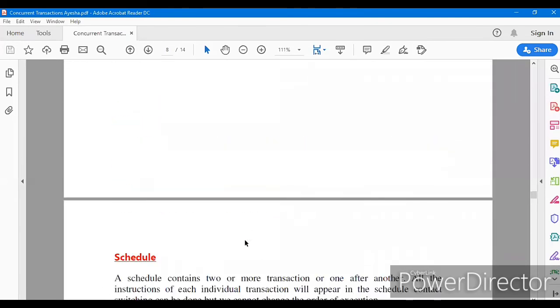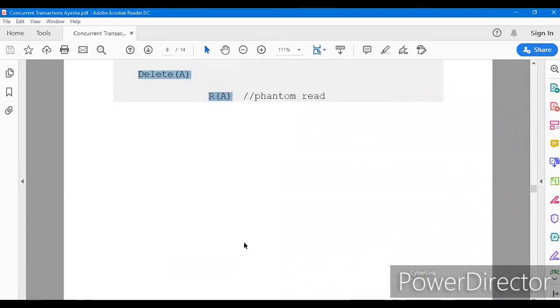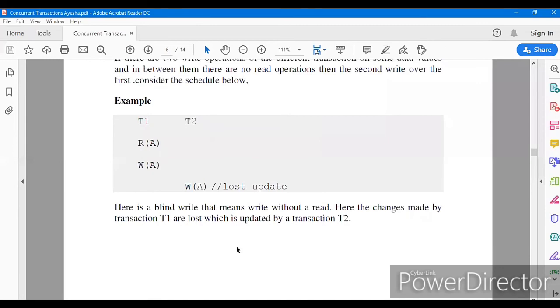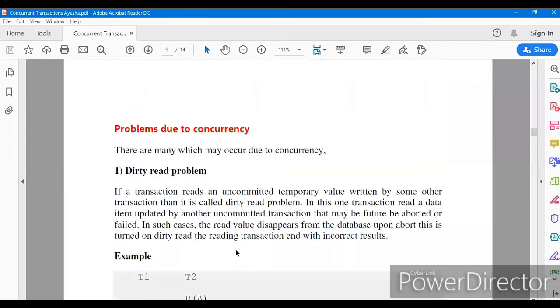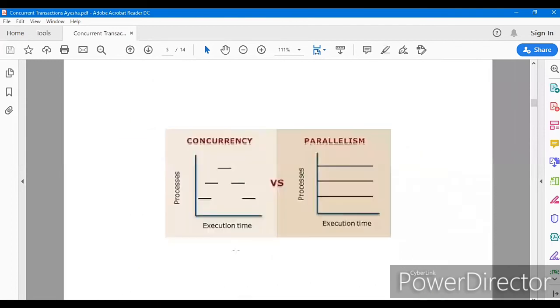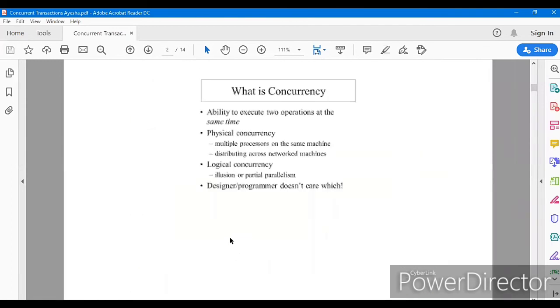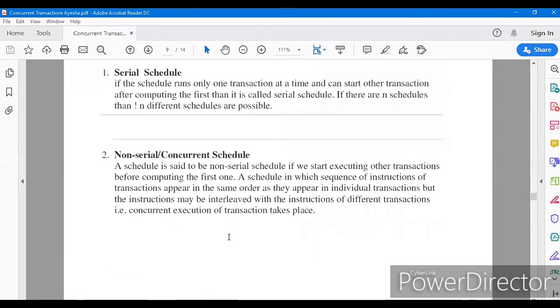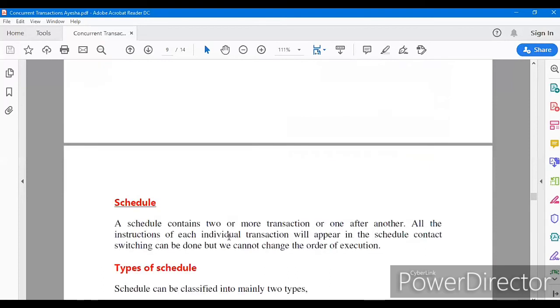Now, if there is only one transaction, then these ACID properties would not create any issue. But if there is more than one transaction, then probably the issues arise.